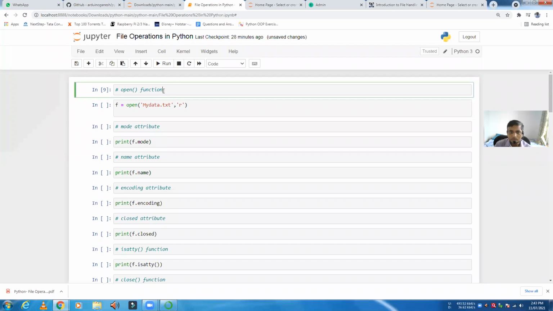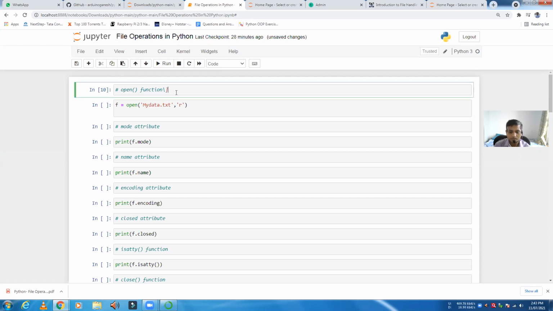Those who are very new to Jupyter Notebook: if you type any instruction and want to run it, you just have to press Shift Enter. When you press Shift Enter, that particular instruction will be executed.